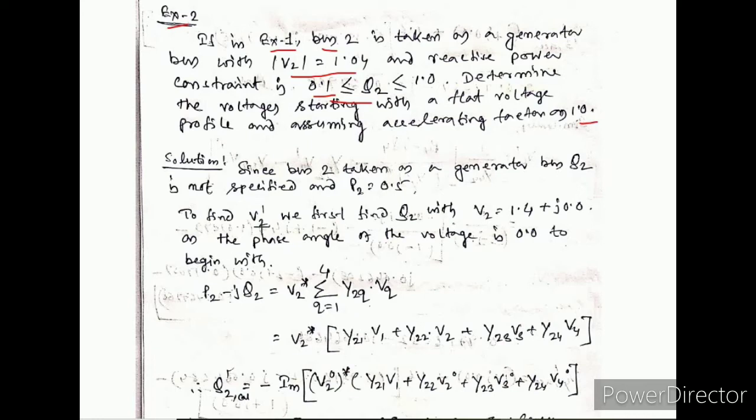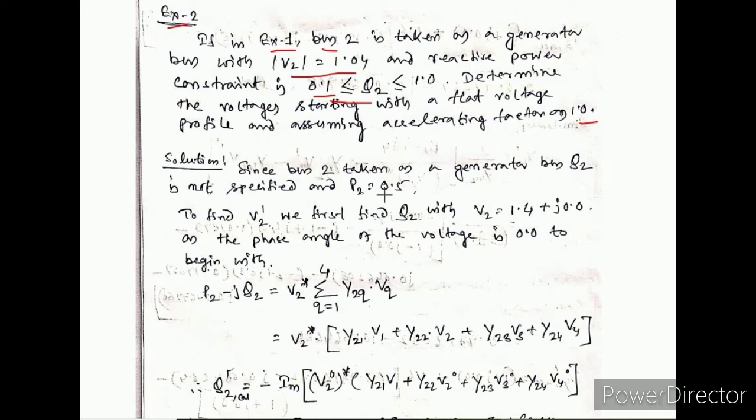Now solution. Since bus 2 is taken as the generator bus, Q2 is not specified. Definitely, in the numerical you can see in bus 2 there is given a P value and a Q value. In example 2, the numerical will be the same, just change the P2 column. In the P2 column, there will be only the P value and V value, the Q value will not be given, and in the remark section, where PQ is written, you will now write PV, because bus number 2 is treated as a PV bus.